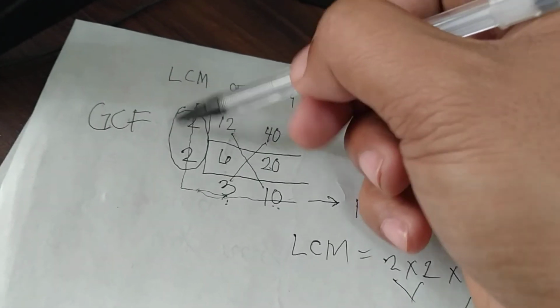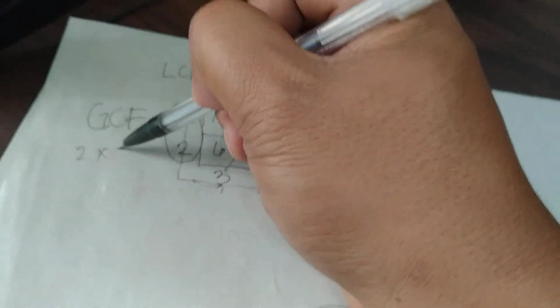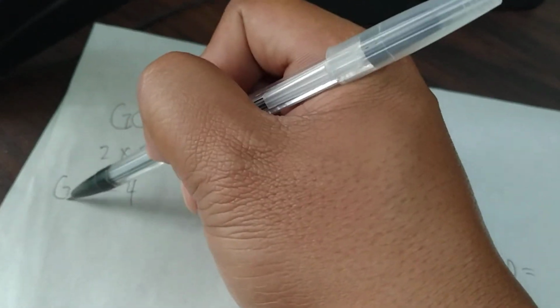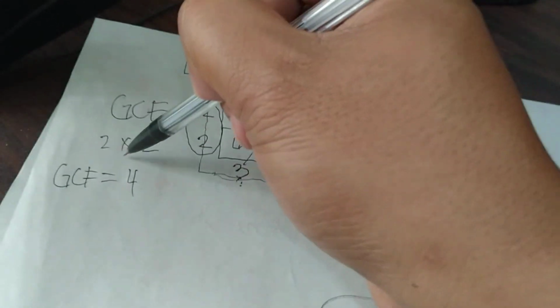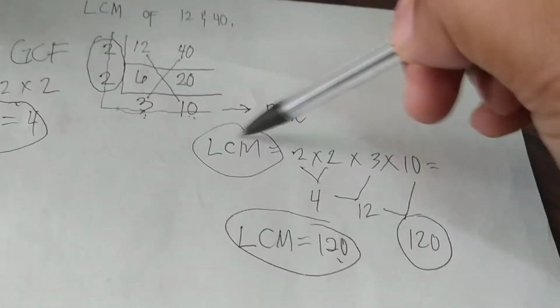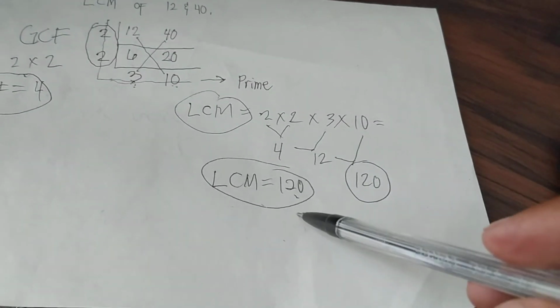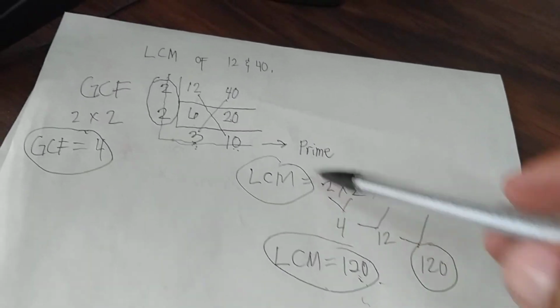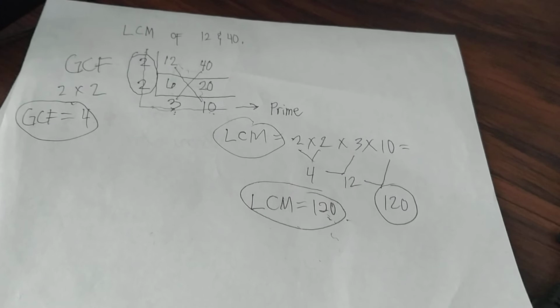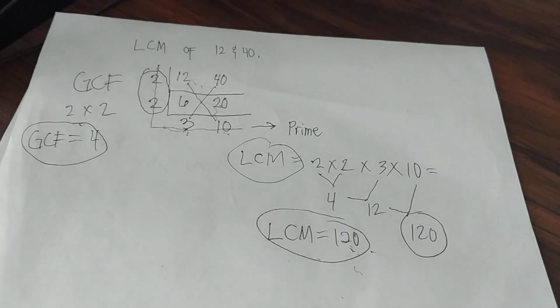The greatest common factor in this case, of 12 and 40, is 2 times 2, which is 4. So that's our GCF, our greatest common factor. And our LCM, least common multiple, is 120 using this method, which we call the division method, in finding